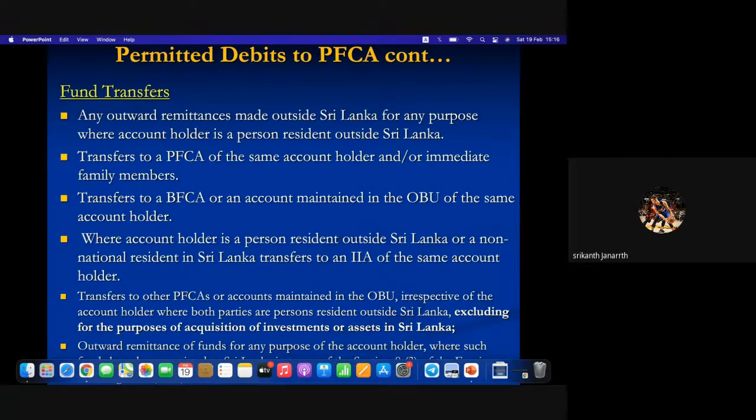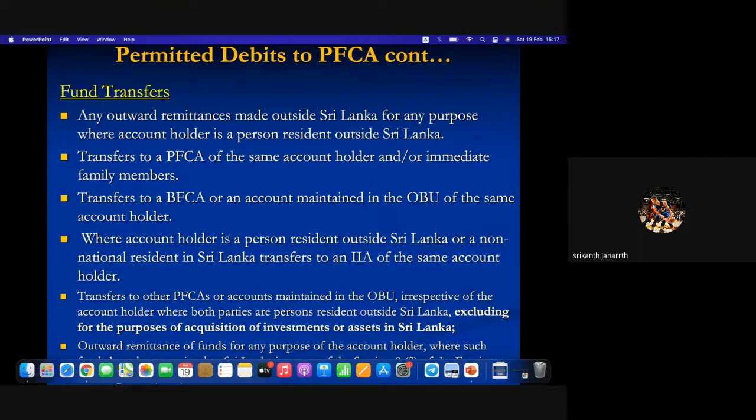Okay, the last one. Outward remittances, funds for any purposes of the account holder, where I think there is a provision. I told you in the Foreign Exchange Act there is an amnesty given, right? Under the Foreign Exchange Act they are given an amnesty where Sri Lankan people who have some foreign reserves or foreign currency earnings kept them outside Sri Lanka. When they keep the money outside Sri Lanka, they are unable to bring it back. So with the Foreign Exchange Act, they brought the amnesty and told any person holding foreign currency outside Sri Lanka, they can bring it back to Sri Lanka,